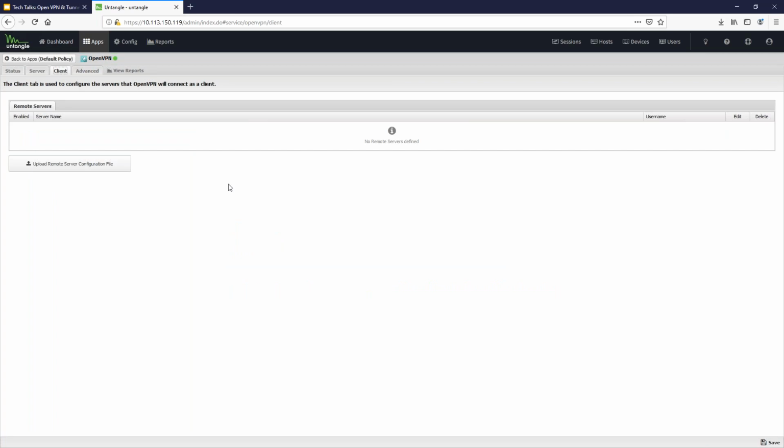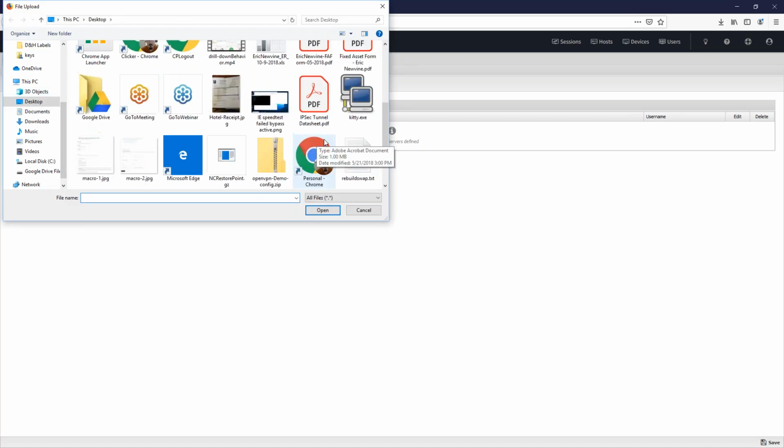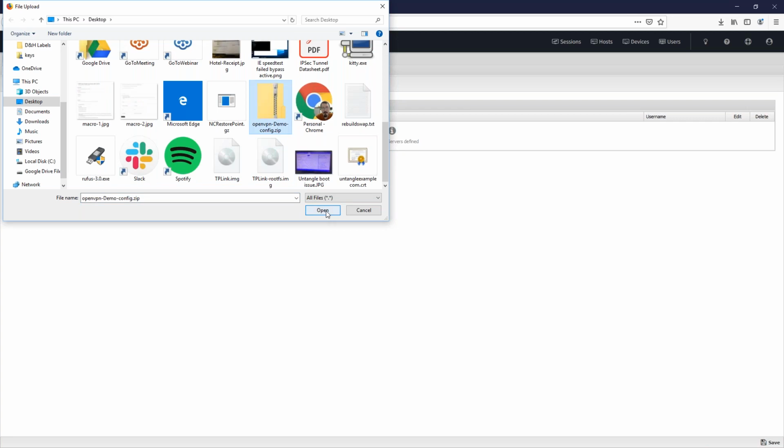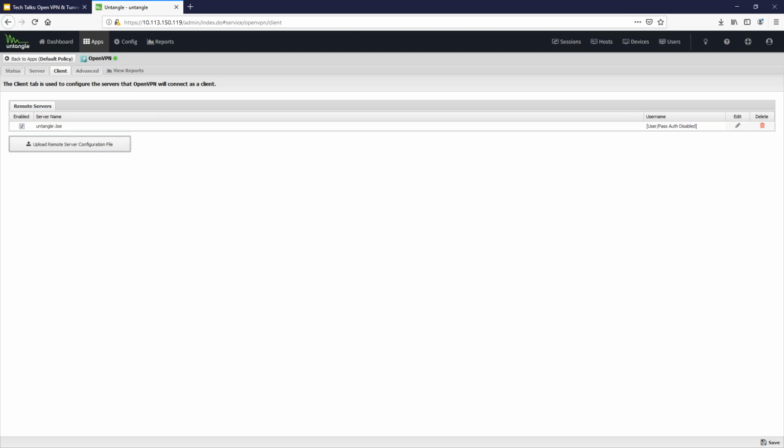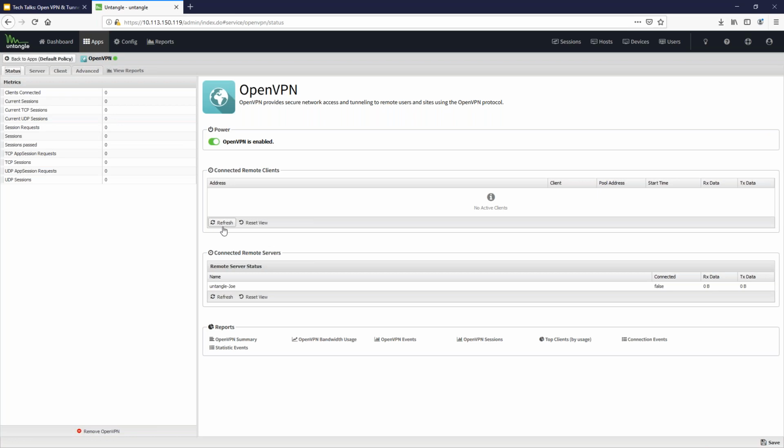The other aspect of Untangle OpenVPN is site-to-site. In this case, I'm actually going to treat this device as a client machine. So I'm going to import an OpenVPN file that I've already created from another Untangle instance that I have access to. So I hit upload, and on my desktop should be an OpenVPN demo. Click OK. And now that configuration has been imported into the Clients tab and into the OpenVPN app on this device. So now if I go back to Status and hit refresh,